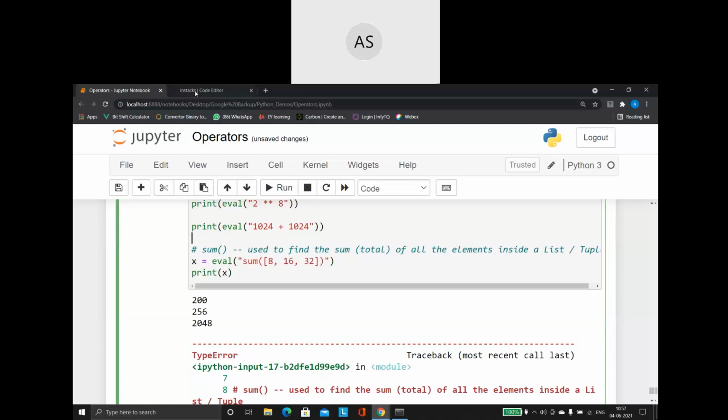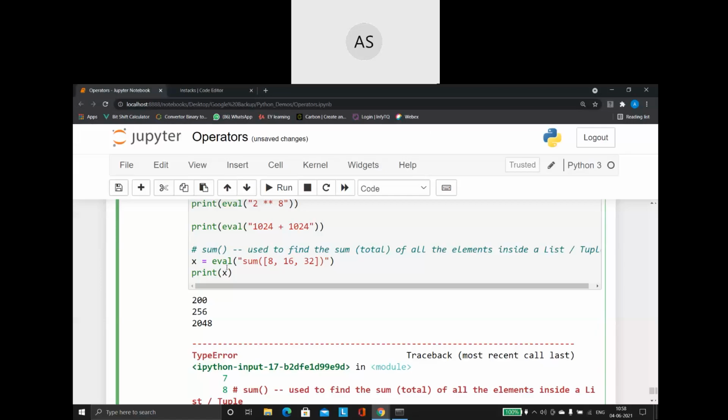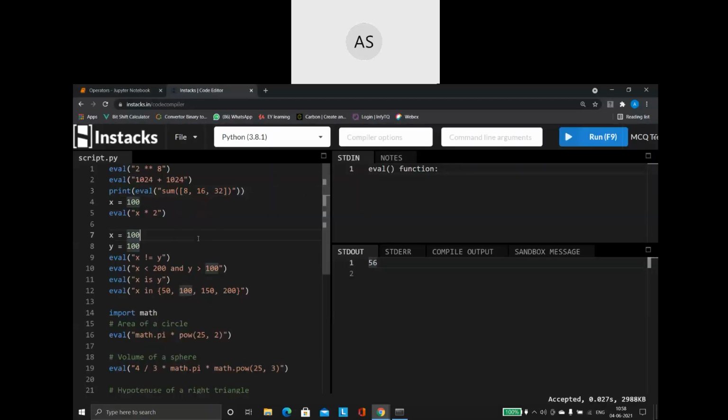It's actually getting executed, but I don't know why it is not coming. I'm facing this error. I just have to check with Jupyter guys. I just don't know whether I have to change anything. I'll just check that. See, the same program I'm running here. So here also I have to put everything inside a print statement for me to see the output.